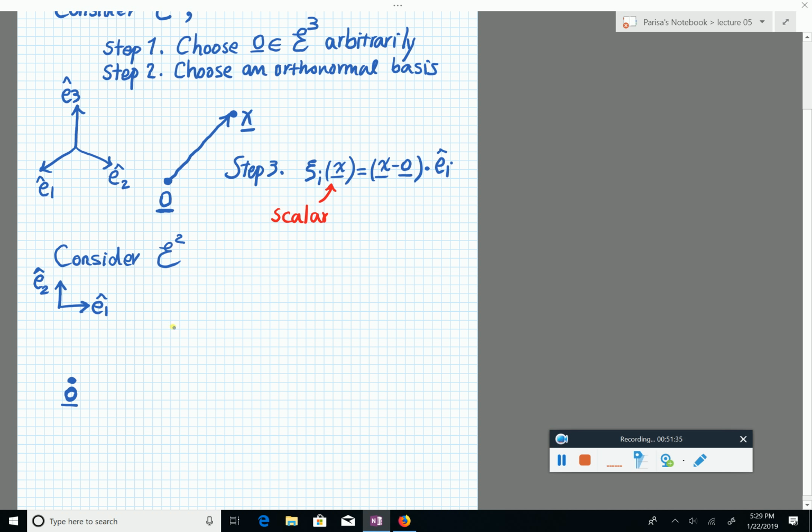I take one point x0, and then what would be the coordinates? The way I have defined it up there. So I have 1,